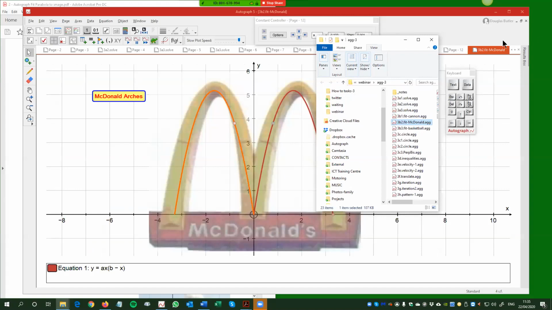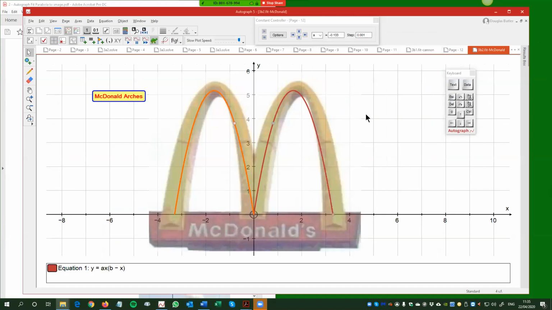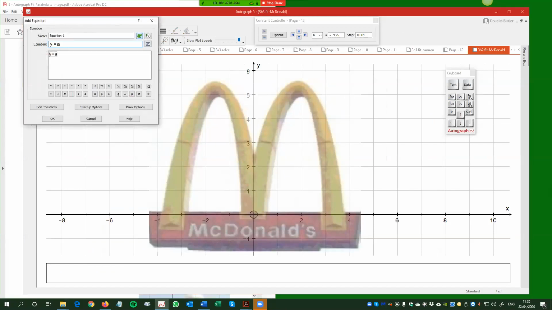So this is what we're going to try and create. It's fitting the parabola to the golden arches. And obviously Doug's created a locus there with a point. And we did look at locus last week when we were looking at functions and inverse functions in particular. So if we start off with inserting the image from the object menu,